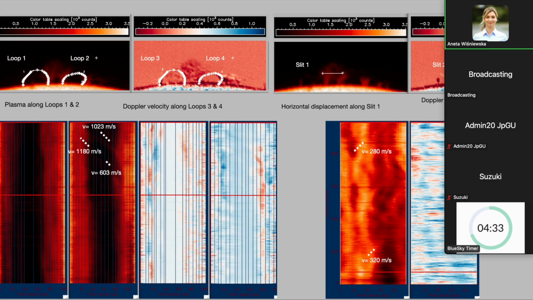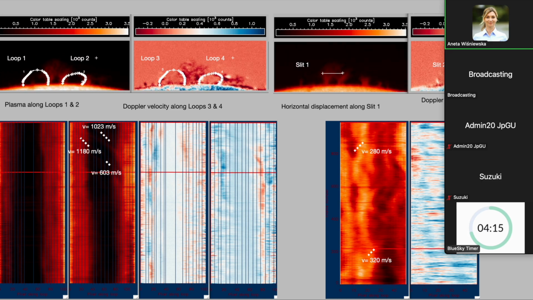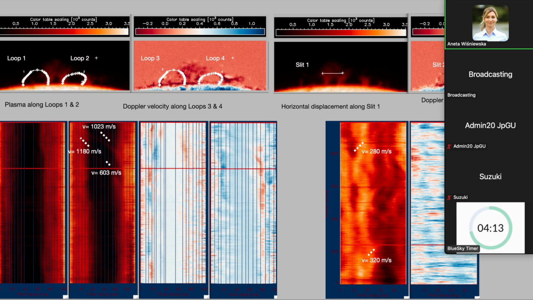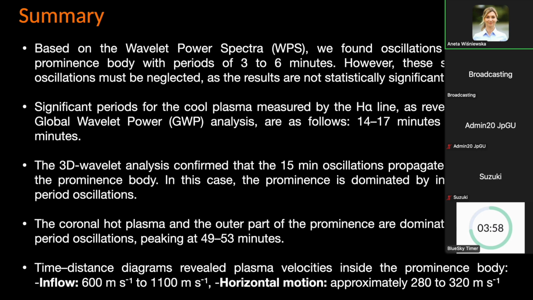So to investigate that more, we selected central parts of the prominence using loops and slits to investigate horizontal plasma displacement and inflows within the prominence structures. And as you can see, we found inflows with velocities of even 1100 meters per second. And the horizontal flows were smaller, only about 300 meters per second. Okay, and summarizing, based on the wavelet power spectra, we found oscillations in the prominence body with